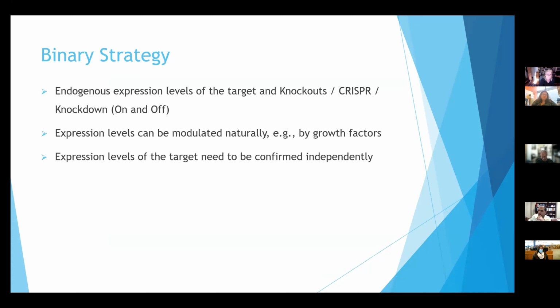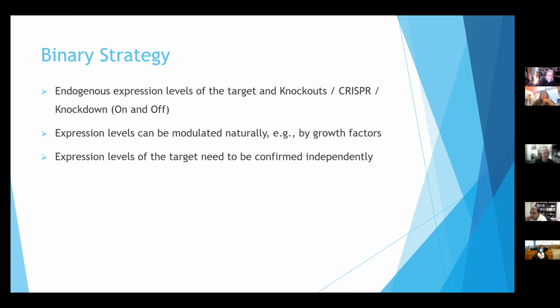So the first strategy that they provide is a binary strategy. So kind of zeros and ones, on and off. And they're looking at endogenous expression, which is really nice because it's natural, right? We're looking at the normal levels of the protein in the animal, in the human. Not that we're not animals, I guess we're animals too. In the cell line, if a cell line is considered natural, but scientists tend to say it's natural. Or in knockout animals,